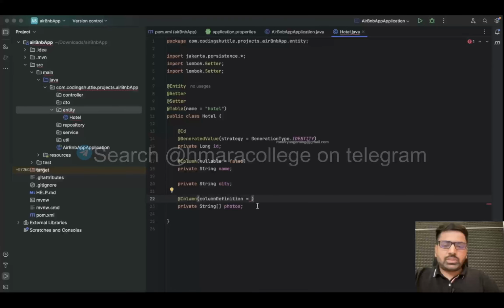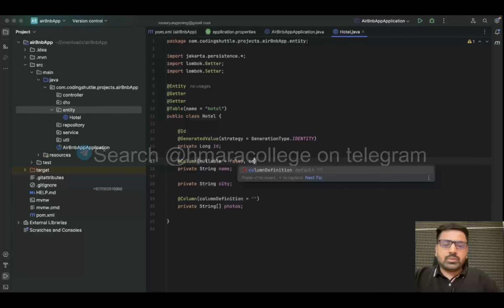So we can put a column definition inside any of the columns. Inside the column definition, we can specify what kind of column this is going to be. For example, this column right here is of type string, right, text. So we can define a column definition here as well. We can say that this is text or varchar of size 256 or something. So we can specify all that here. For things like this, for string it is good, because for string JPA can